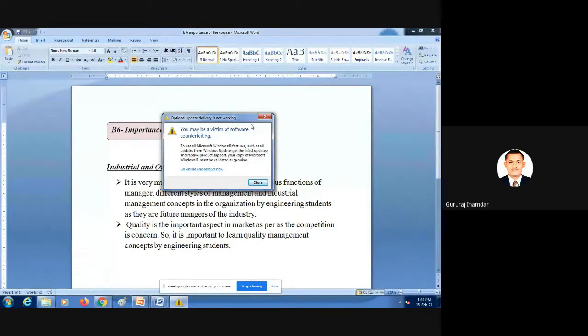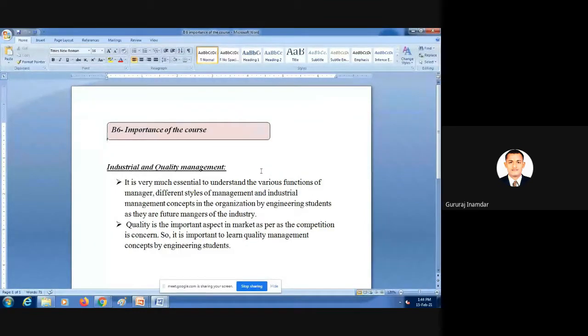Suppose we are mechanical engineers, but there are a number of departments. Suppose the first department is production engineering. We can handle the production engineering department because it is our core department as mechanical engineers. But if you think about the finance management department, how can we manage that? This type of study is also included in this syllabus, in this chapter. So for that purpose IQM is a very important subject to become an engineer and also a manager.